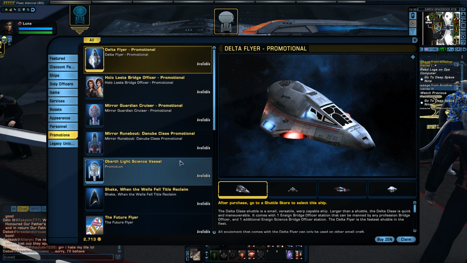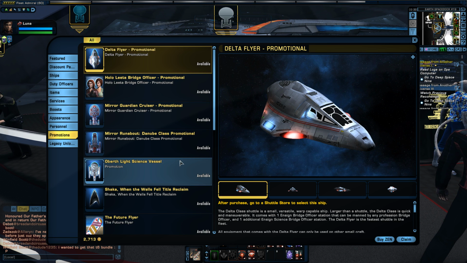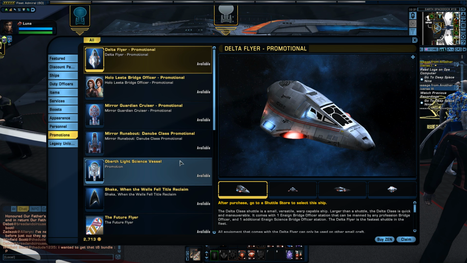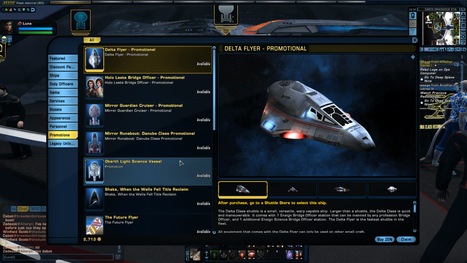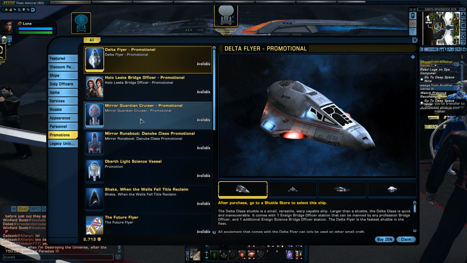On the Klingon side, they gave away a Juve fighter and the Baroth Tier 1 bird of prey. And then on the Romulan side, they gave away the Scorpion fighter and the Tier 1 Tavaro. And you could get all of those for a pretty minimal donation. But like they said, if you also went over the $10 mark, then you were eligible to get the